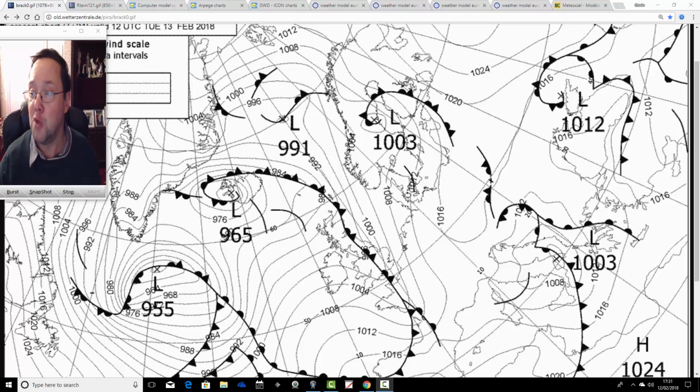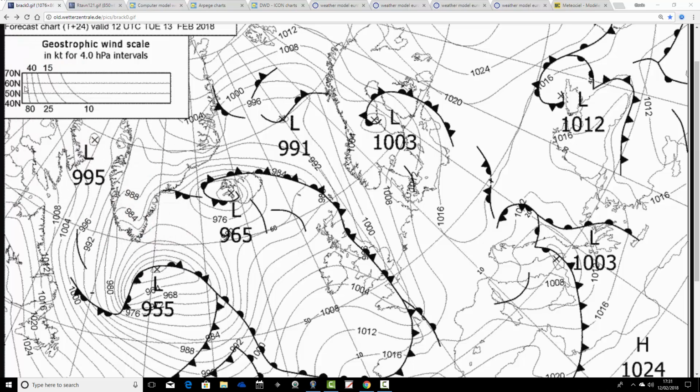So I'll show you what's going on right now, and this is the fax chart for midday tomorrow. So this is the human interpretation of models by forecasters at the UK Met Office. It's this occluded front that's pushing across the country that's bringing this wintry mix of rain and also snow. In front of this occluded front is cold, and behind the occluded front the air is cold as well. Along the occluded front there is a bit of a warmer sector, although that has occluded out,